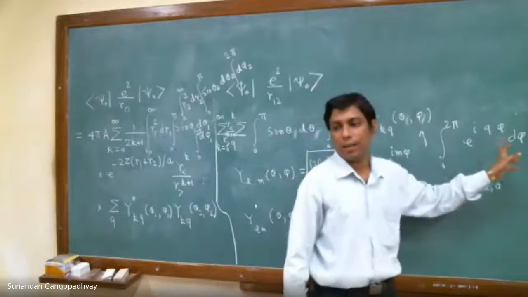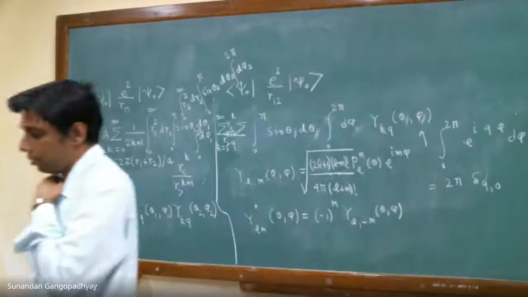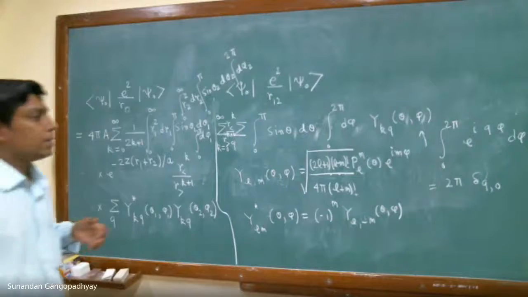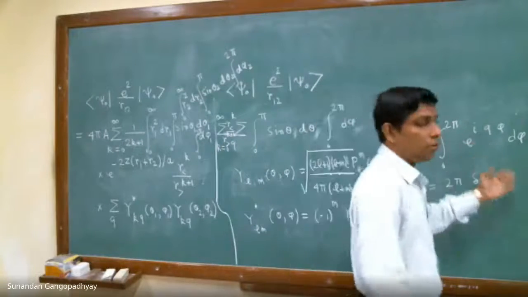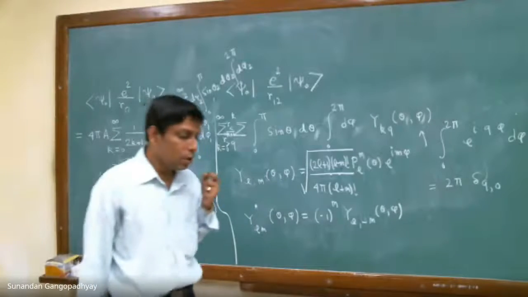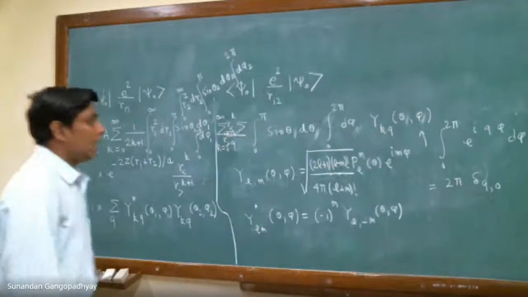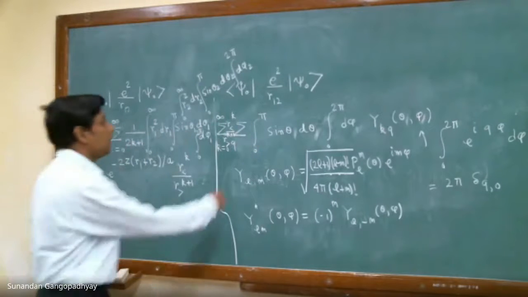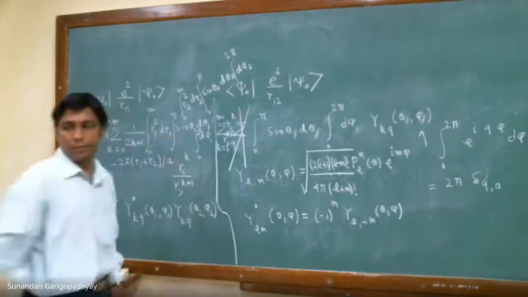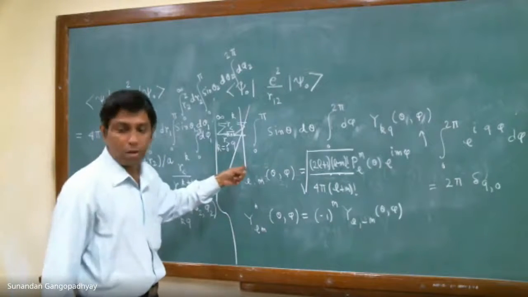So if q is say 1, what is the value? It is 0. Yeah. So it is 0 for any value of q which is not equal to 0, and it is equal to 2 pi only when q is equal to 0. So that is why you have a Kronecker delta sitting over here, and what that Kronecker delta does is it kills this summation. Over all possible values of q, it only takes the value q equal to 0.